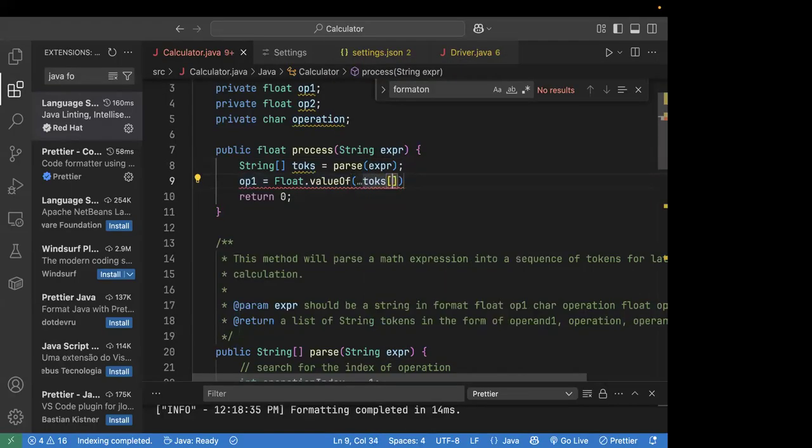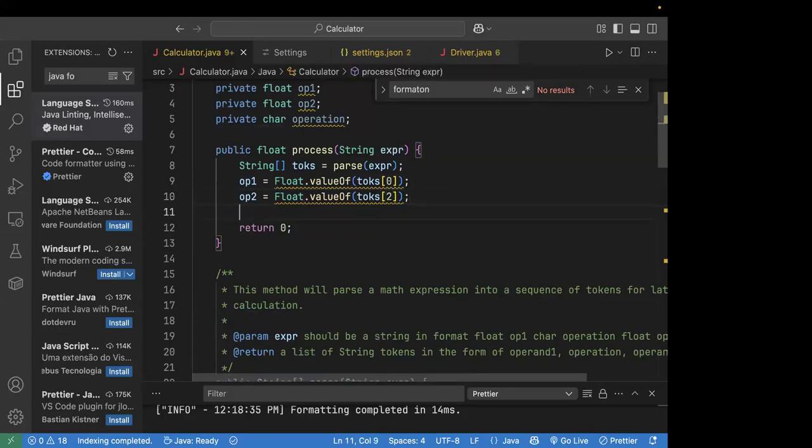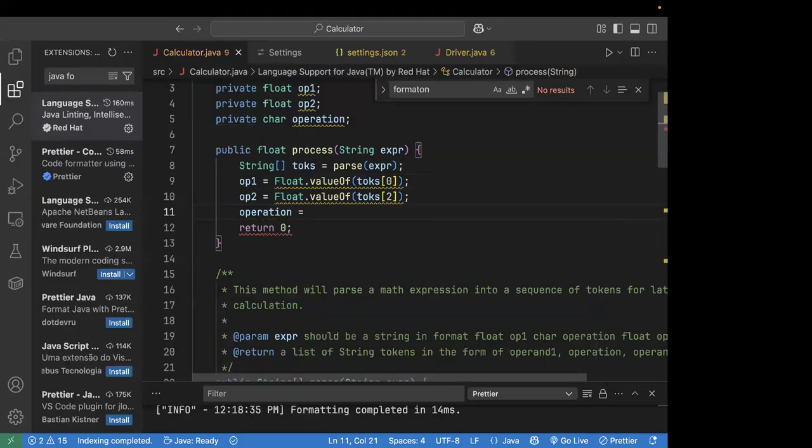We're going to get the first value in the list, and then we do the same thing for the other one. So operation 2 will be the last one in the list, and then operation 3 would not even be a float. It's just a character. So you can just say either character, or you can honestly just dereference. It can be like talks 1 dot char at 0,